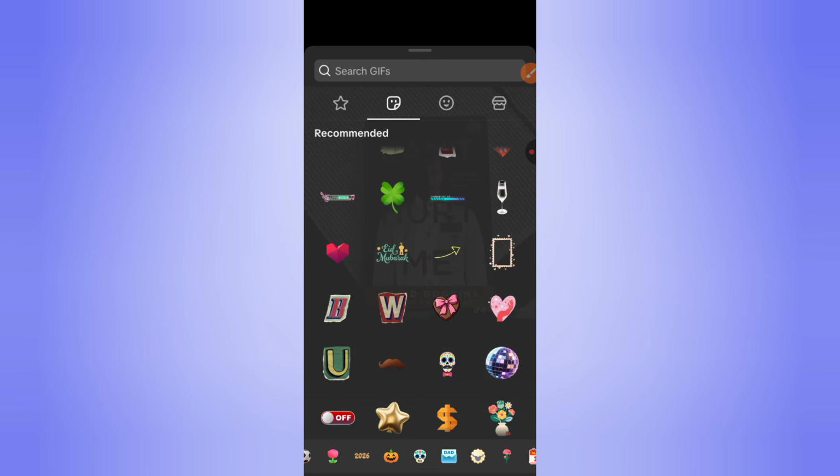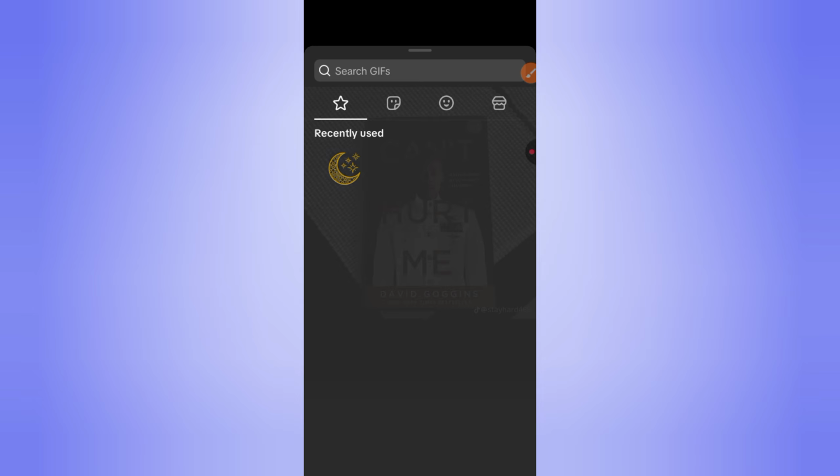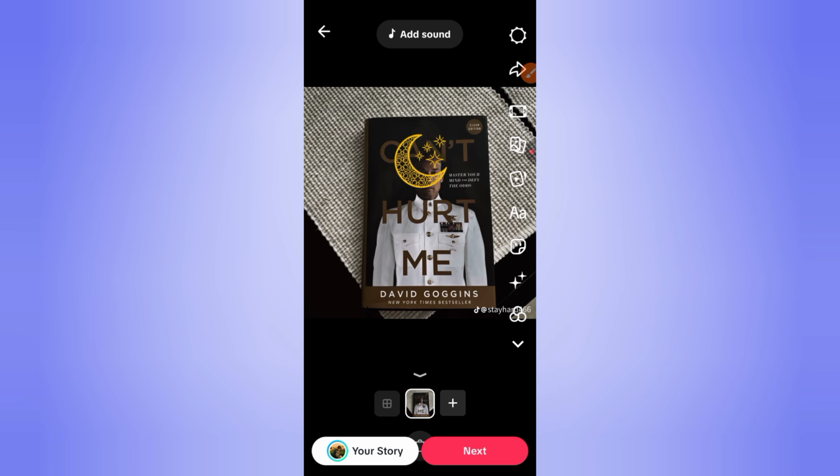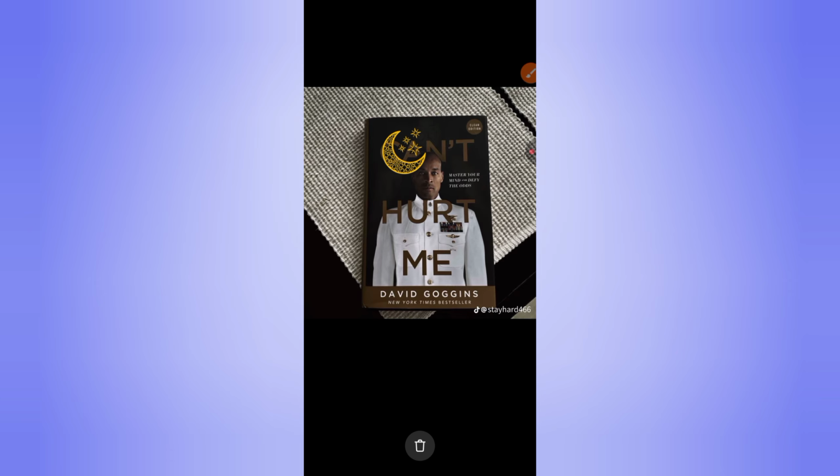And that is all there is to it. Finding your stickers on TikTok is super simple once you know exactly where to look. Just hit that plus button, get to the editing screen, tap the stickers icon, and everything will be right there